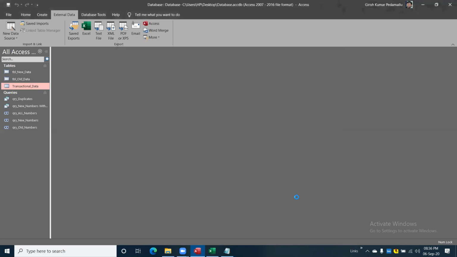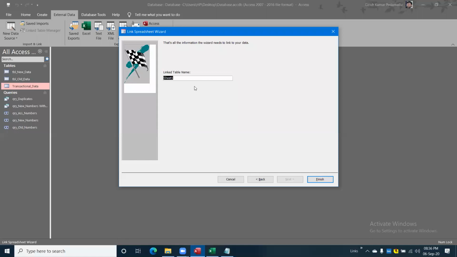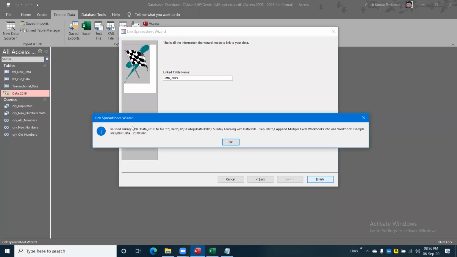I'm clicking on OK. The same options will come up. Data underscore 2019. Click finish. It is giving one message that finished linking table data underscore 2019 to this particular file.